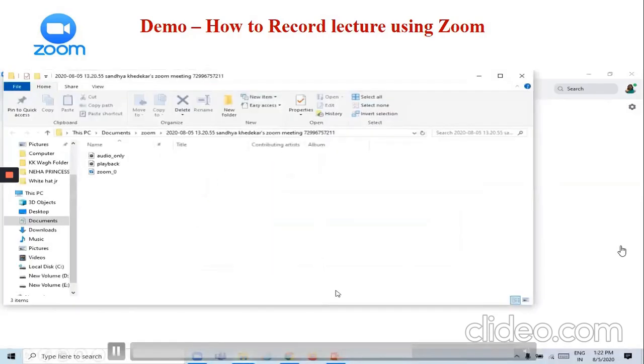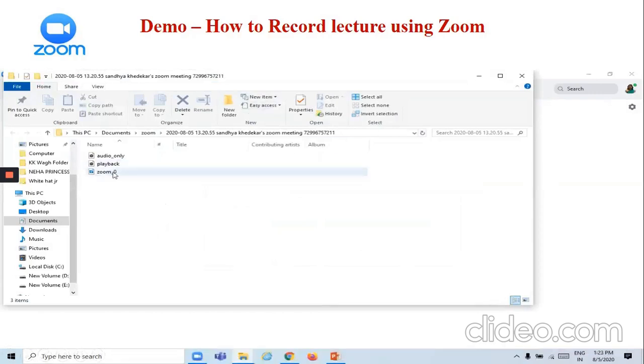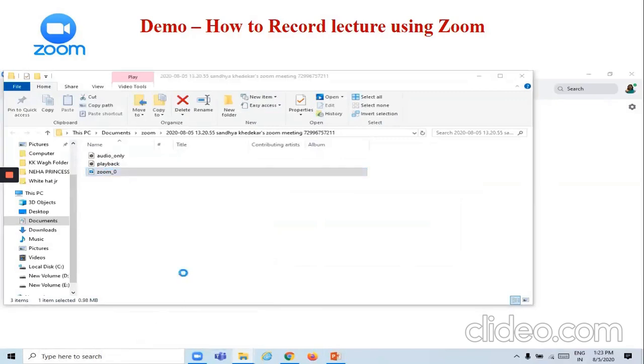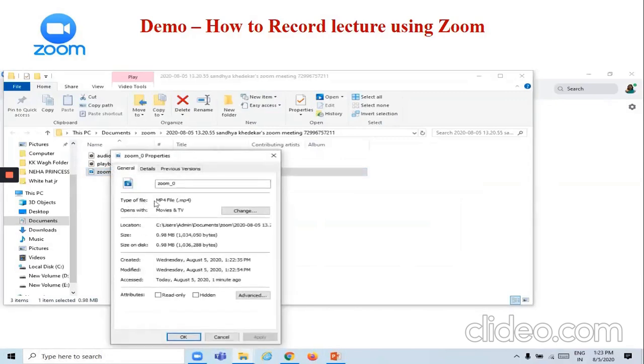So now this is saved, and you can see over here this kind of screen will be visible, and here Zoom.0 is my recorded video. So you can see it is an MP4 video automatically. We will see the properties of it. You can see type of file, MP4 file, and it got saved automatically, and size of it is 0.98 MB,